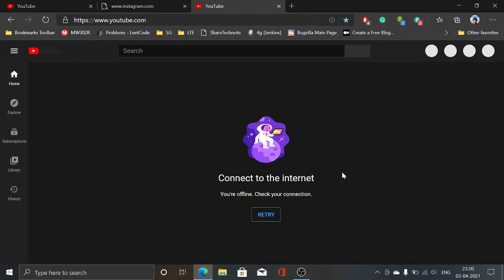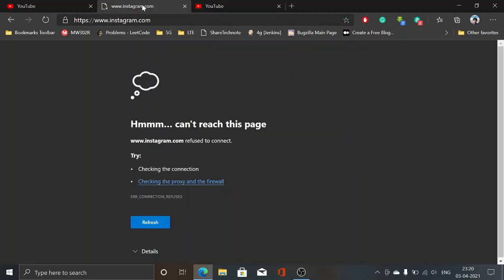This method is actually useful for me because during office hours I try to access Instagram many times. I even tried some extensions which block these websites, but often I try to unblock them from there itself.